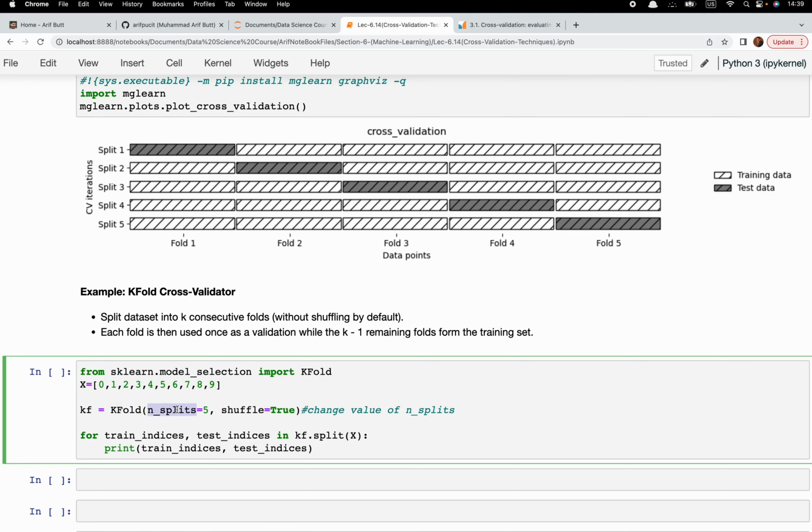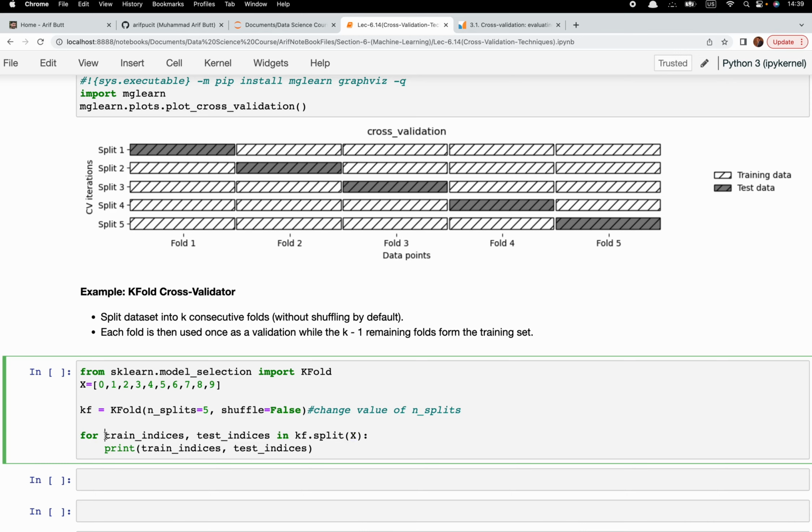I want to do 5 splits and have set the shuffle argument to false. Let me make it false first for easy understanding. Then I have called the split method of this K-fold cross validator object, and I have passed it X inside our loop,